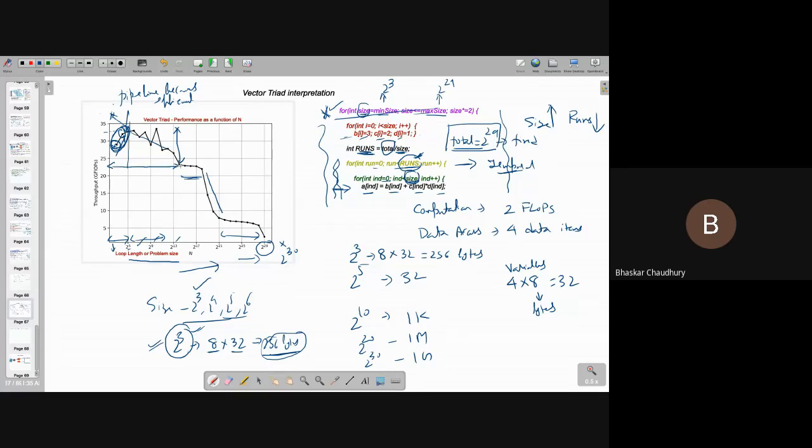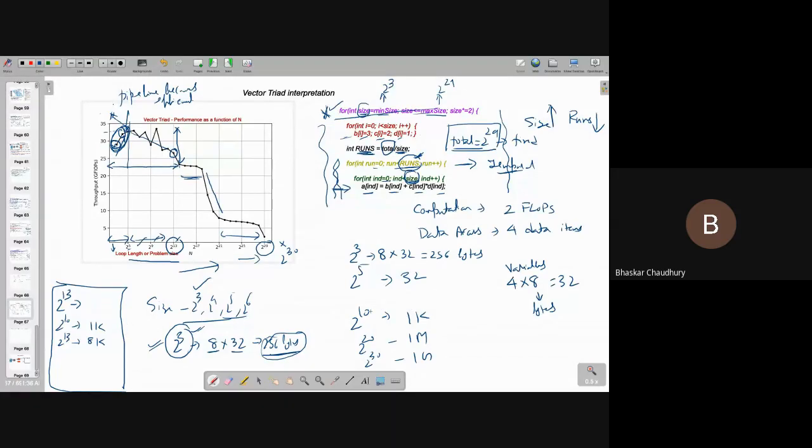So how much data is totally required up to this point? Let me look into just this point. So this point is 2 to the power 13. What will be the size of the total data structure for this point? 2 to the power 13 into 8 into 32. Always remember 2 to the power 10 is 1k. So 2 to the power 13 is 8k, and for each I need 32.